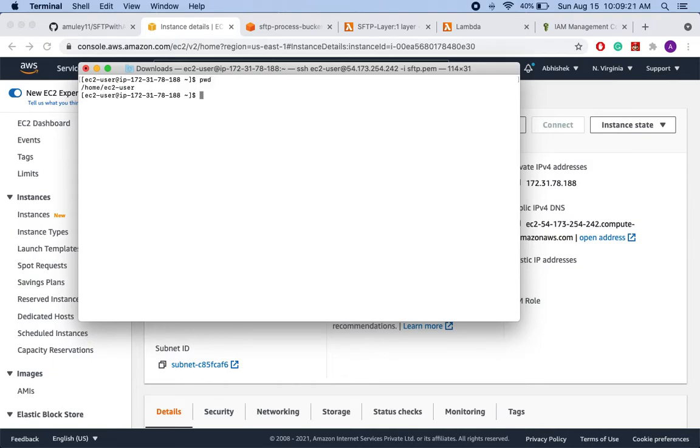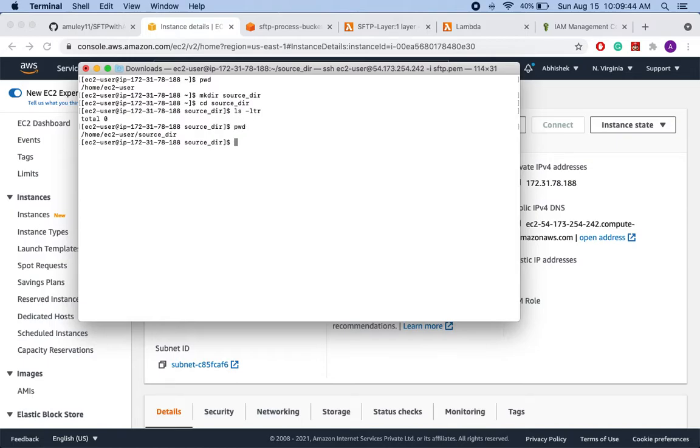So let's create a directory named src, or let's call it source directory. This is the directory where we keep some files which we will be transferring over SFTP.